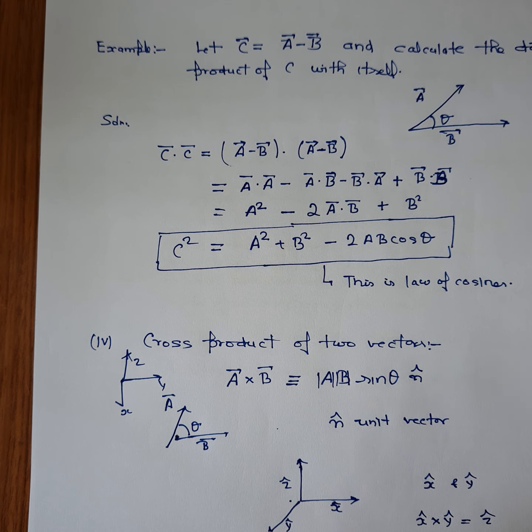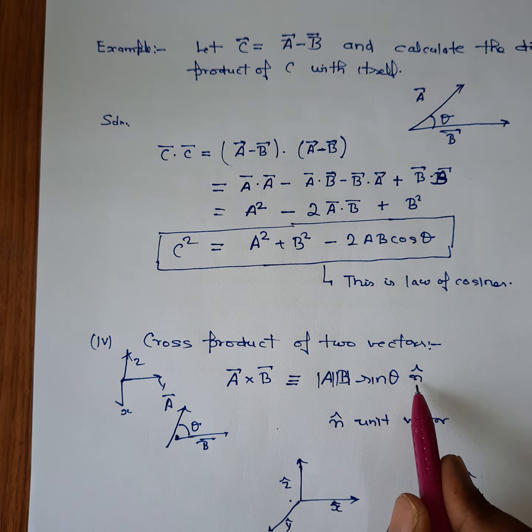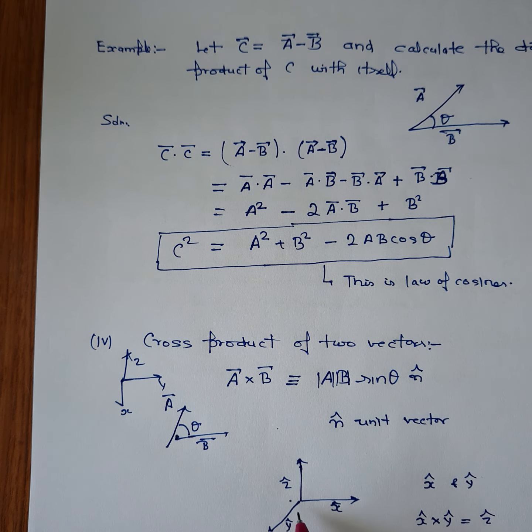You might be thinking, what is there? Suppose this is the xy plane. So the x vector is in this direction, y in this direction. So the direction of the cross product n cap will be perpendicular to this plane. So there are two possibilities: one is positive z cap and the other is negative z cap. So which should be n cap? This can be resolved by using the right hand rule.